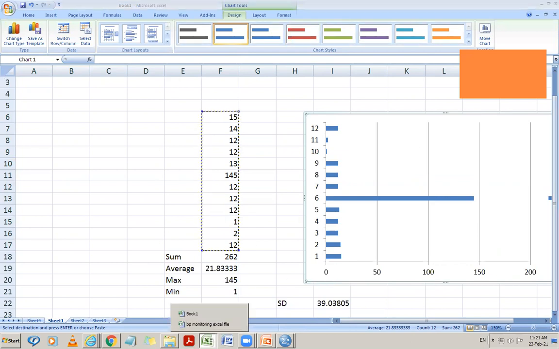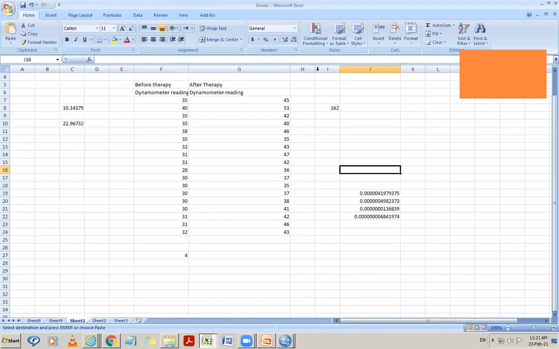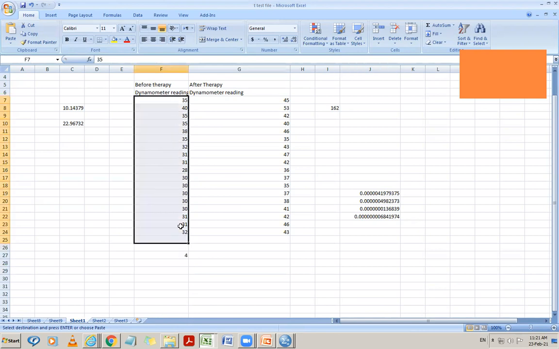I'll show you one file. That's the T-test file. Let me explain a bit about this. We called a few patients and checked their wrist strength with the help of a wrist dynamometer, if I'm pronouncing it well. We checked the strength of the patients before a physical therapy session, and this is what we got